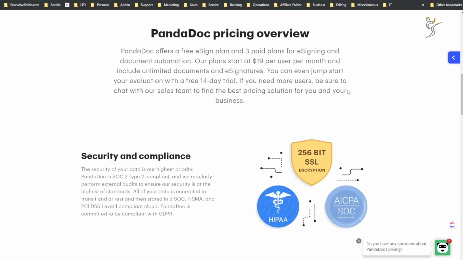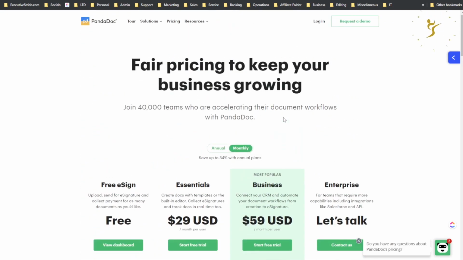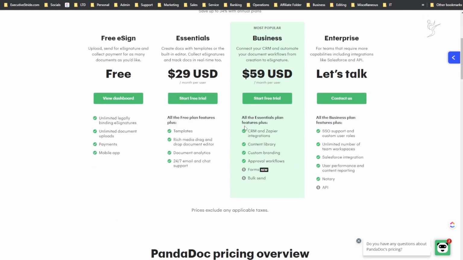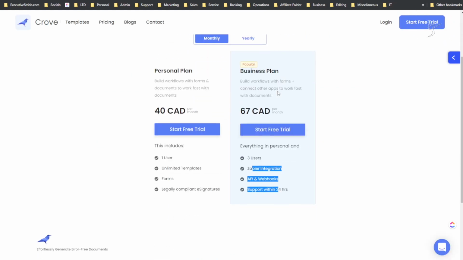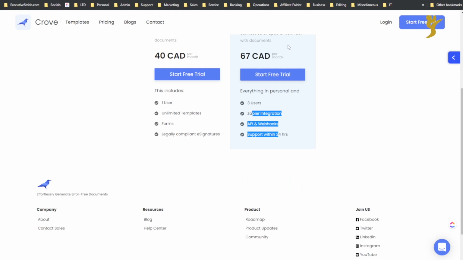I haven't seen many like PandaDoc, right? I really haven't seen any, to be honest. Maybe if you do know anything, let me know in the comments down below, and I have looked in depth, but anything that is similar is usually either the same price or more, and still not as good. So Crove, compared to all the other ones besides PandaDoc,